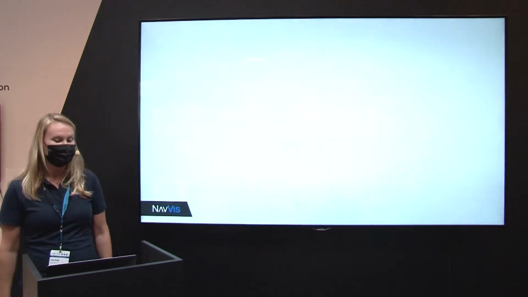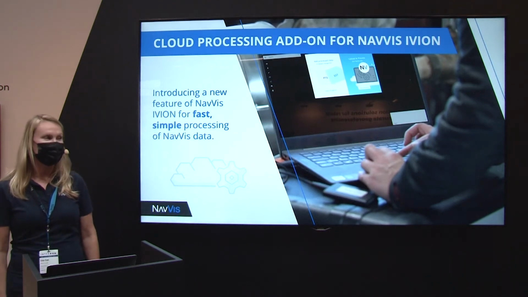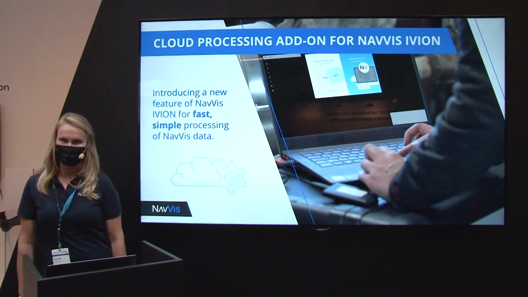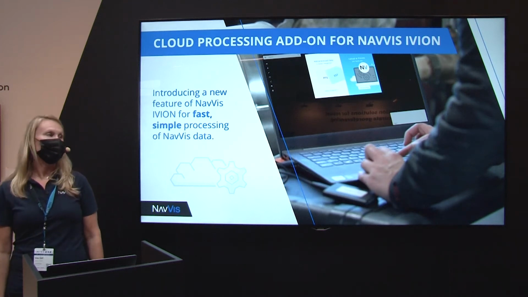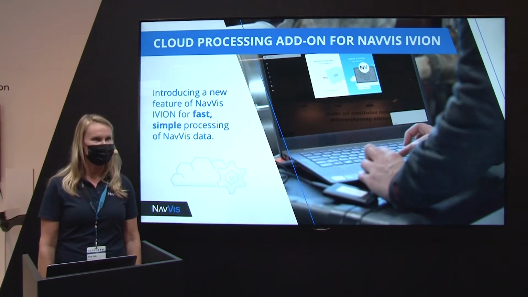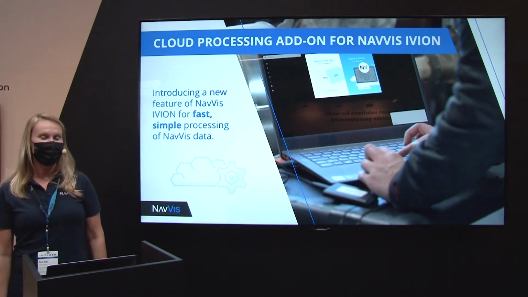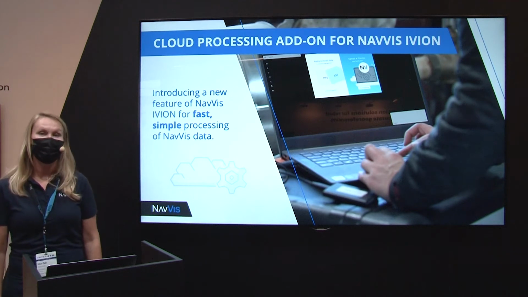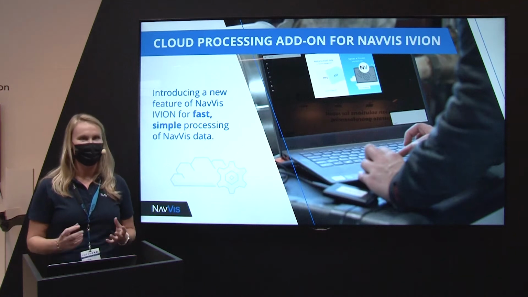So first, what is the NavVis cloud processing for Ivion? It is our fast and easy-to-use web-based UI for post-processing. So similar to other processing devices, the NavVis M6 and the NavVis VLX have a step after mapping called post-processing. This post-processing generates the point cloud and then colors it. It stitches together the 365-degree panoramic images from the camera images. And if you use control points, it then aligns your data together in order to be able to have your